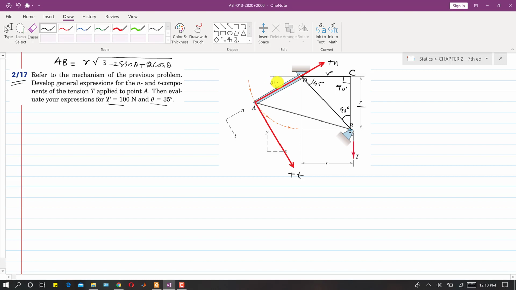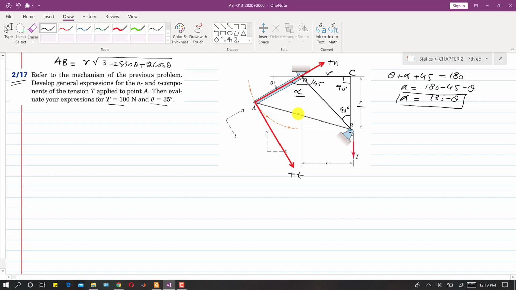And we know this theta as well. Now if this angle is alpha, then we will have theta plus alpha plus 45 equal to 180 degrees. All these angles are supplementary angles, right? So alpha will be equal to 180 minus 45 minus theta, so this will be 135 minus theta. So alpha is 135 minus theta, and I can write that here.